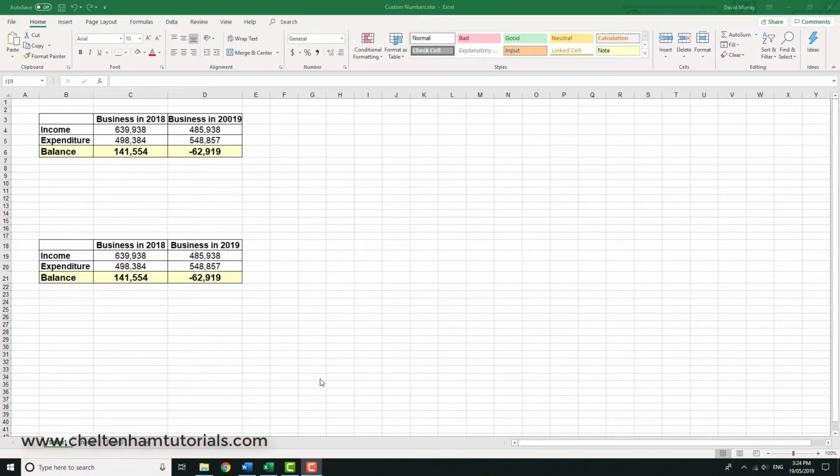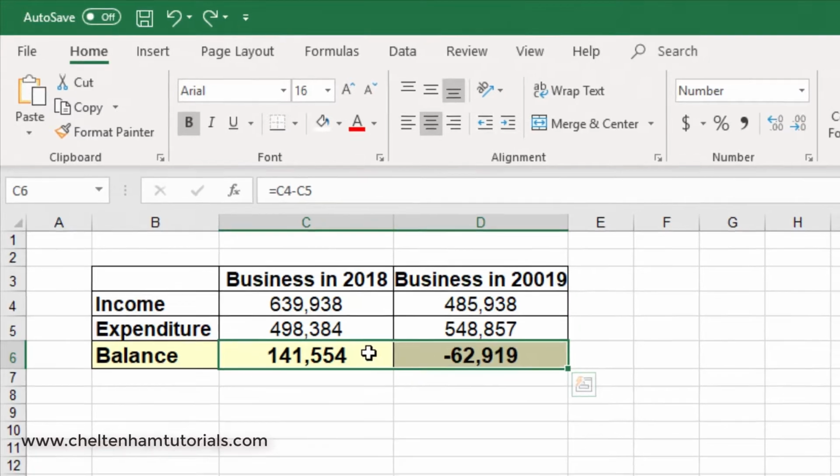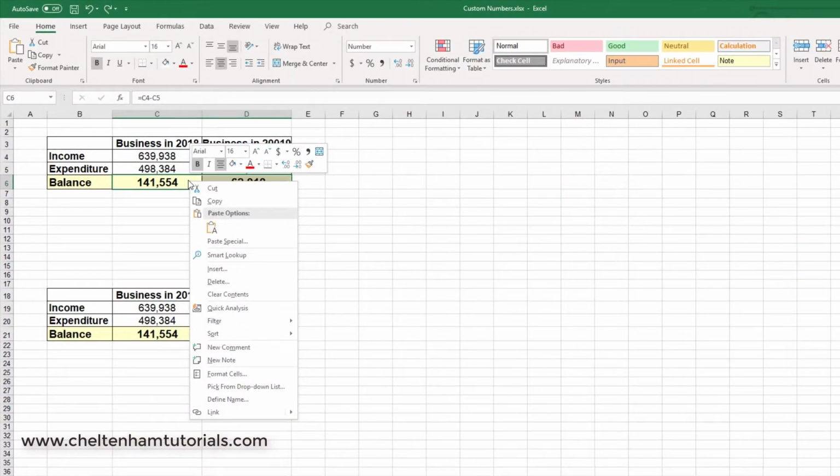In this section, I'm going to see how to use custom number formats. Now I've got a simple income expenditure balance for 2 years here. This one's a positive balance, this one's a negative balance. Now what I'm going to do is to drag across. I've selected this range, so I've selected C6 to D6, and if I right click over the selected range